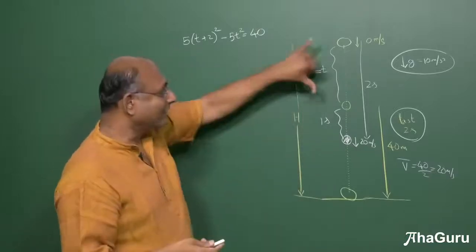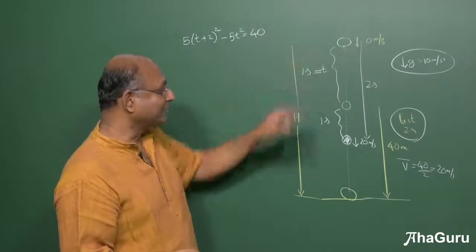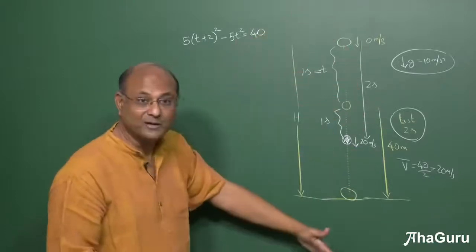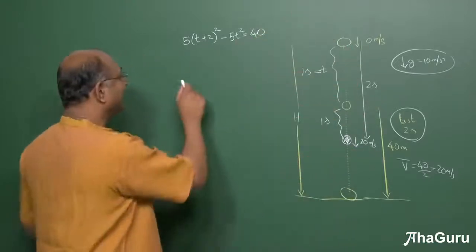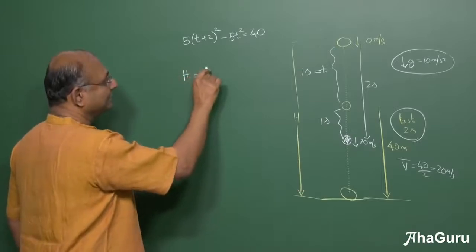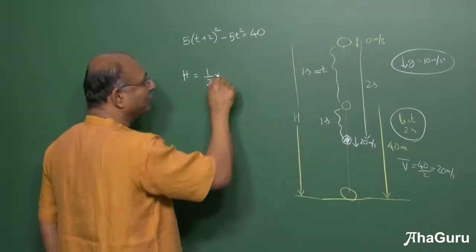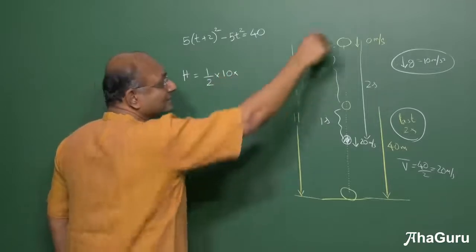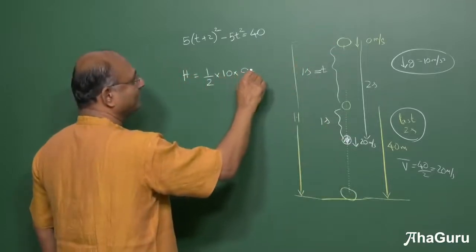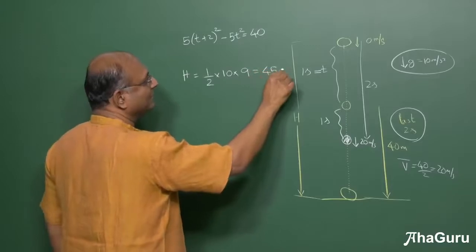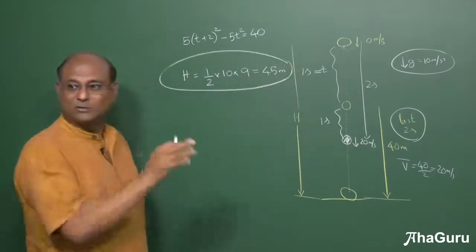Is that okay? So you've got this is 1 second. Now if you got this 1 second, then this total time is 2 seconds. It has totally fallen for 3 seconds. Therefore, h is half, because u is 0, half into a into 3 seconds square, 3 square, and so therefore 45 meters. One shot, in fact you can do this mentally.